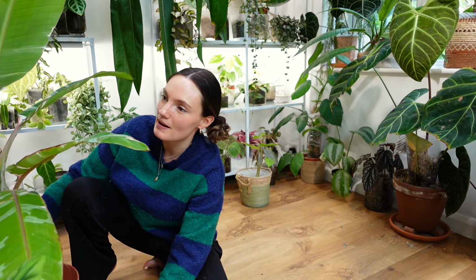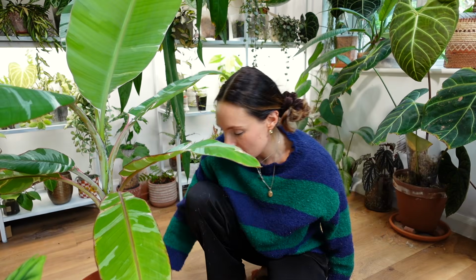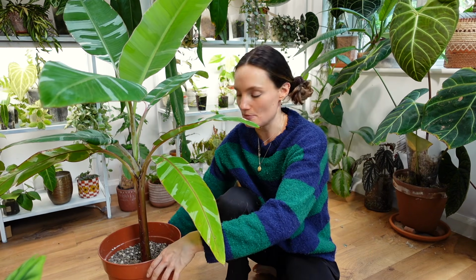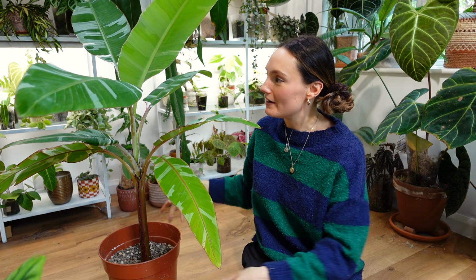I didn't really think about how I would bring this next one over to show you, because it is in a little makeshift reservoir at the moment. Oh, that I have just spilt everywhere. But this is another one that I was influenced to buy. It is my